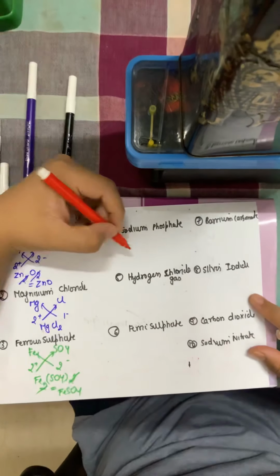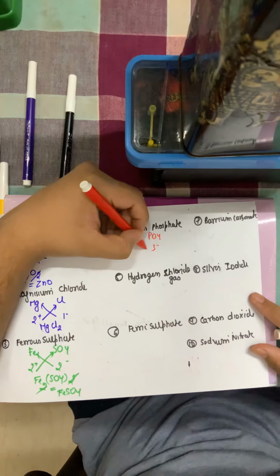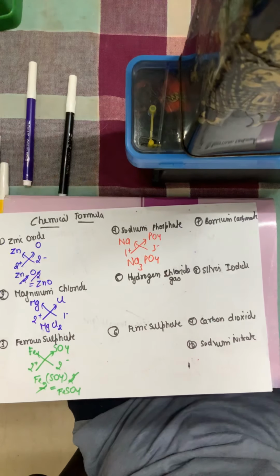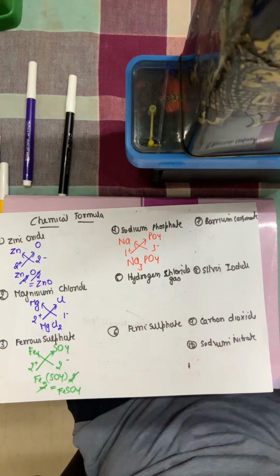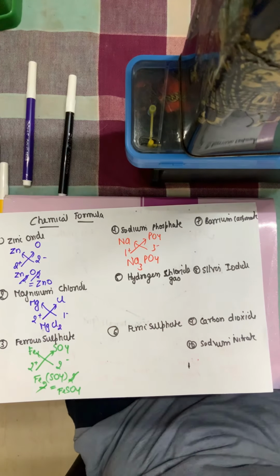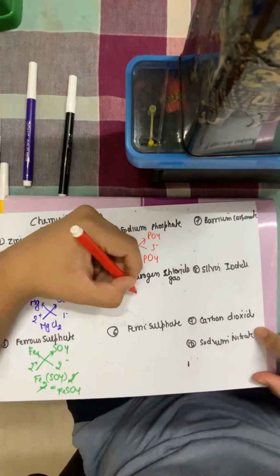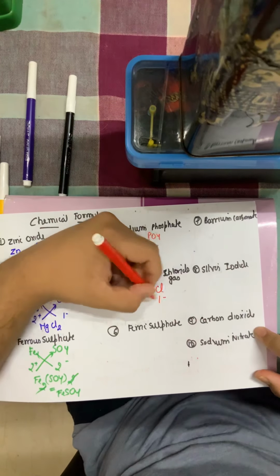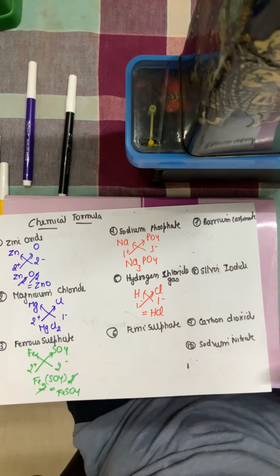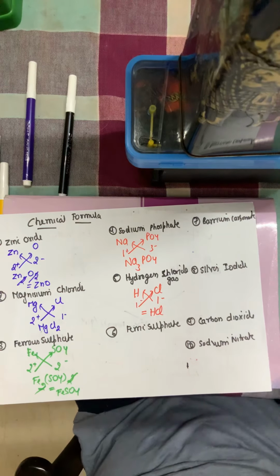Next is sodium phosphate. Sodium is Na1 and phosphate is PO4 3 minus. So I exchange them. Sodium becomes 3 and PO4 becomes 1. I don't need to write it. It becomes Na3PO4. Next is hydrogen chloride gas. Now why have I written hydrogen chloride gas? Because if I just write hydrogen chloride just like that, it becomes hydrochloric acid. The formula is the same. Hydrogen 1, chlorine 1. 1 we don't need to write, and as such they are the same. So HCl is the formula for hydrochloric acid, and this is gas because I have mentioned the state here.